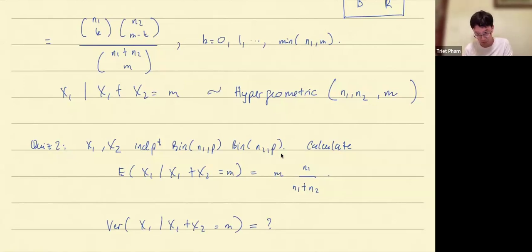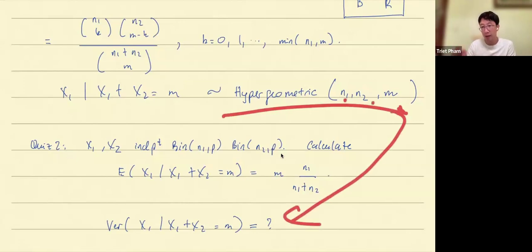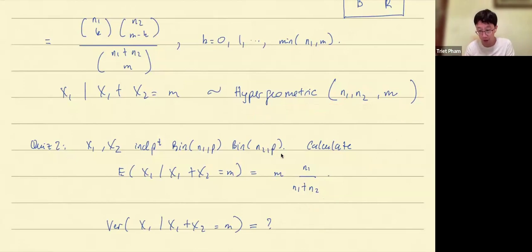You would look up the variance of a hypergeometric random variable, and whatever those numbers are, you plug in for the corresponding parameters here. The reason I'm not going to ask this is that if you look up the hypergeometric, the mean is very easy to remember. The variance is something that is,